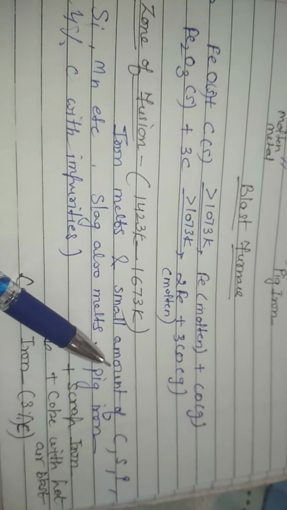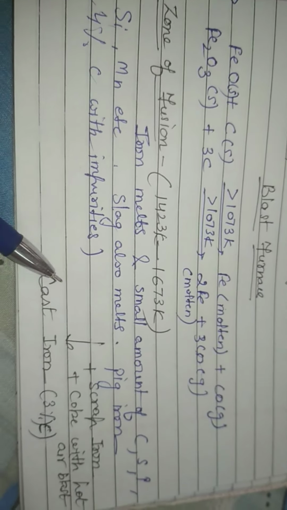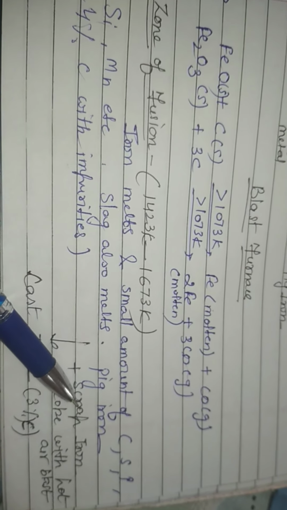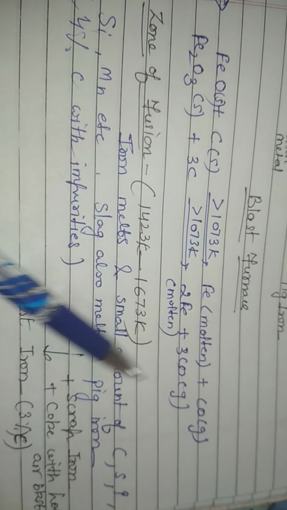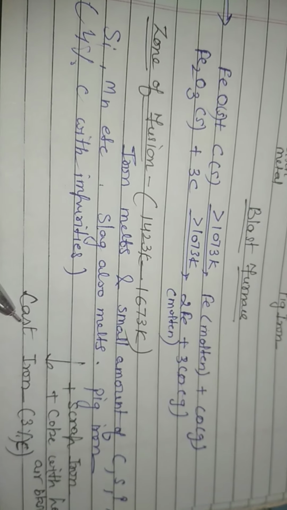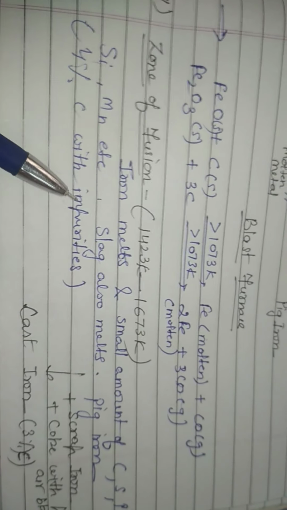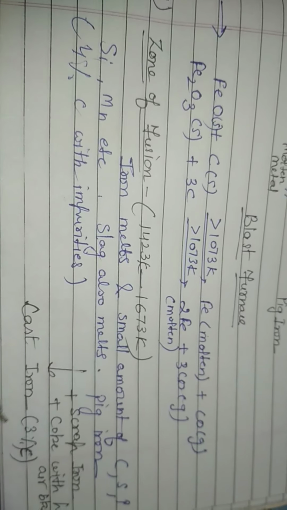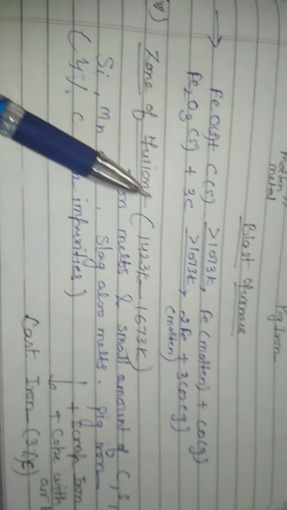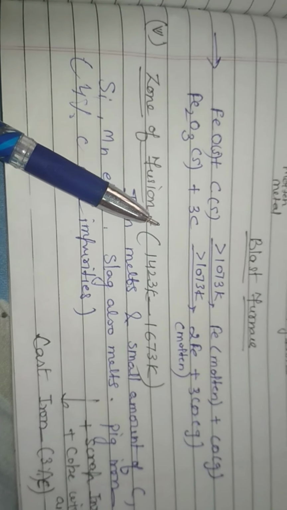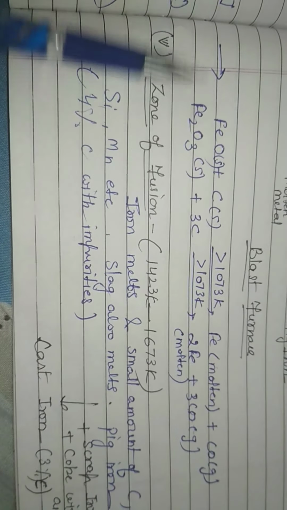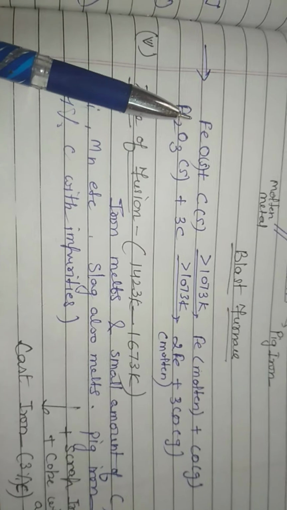Now this pig iron can be converted into cast iron by casting it with the help of scrap iron and coke, and a hot air blast is passed through this mixture, by which this pig iron would be converted into cast iron that now has somewhat fewer impurities, around 3% of carbon, and it is hard and brittle in nature. Now we will discuss later on the formation of wrought iron, and we will study the difference between these three types of iron.